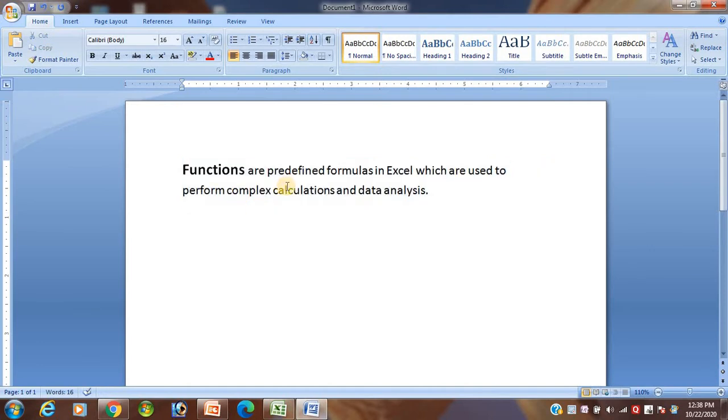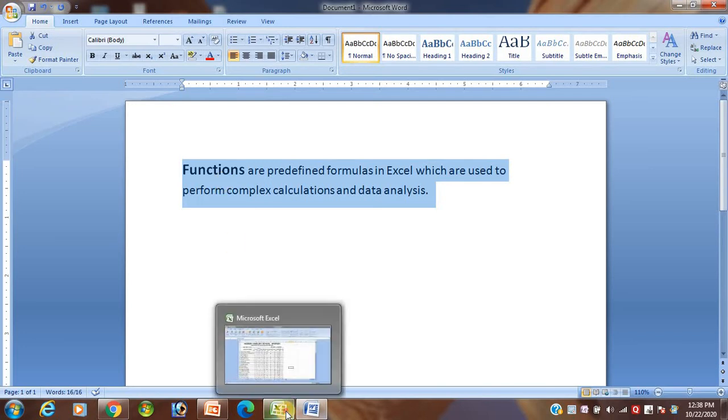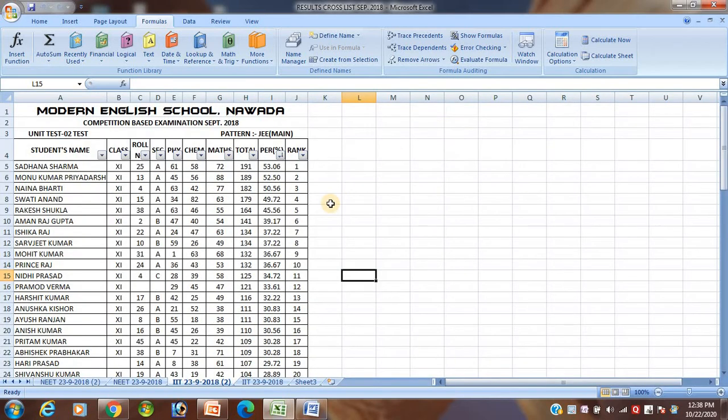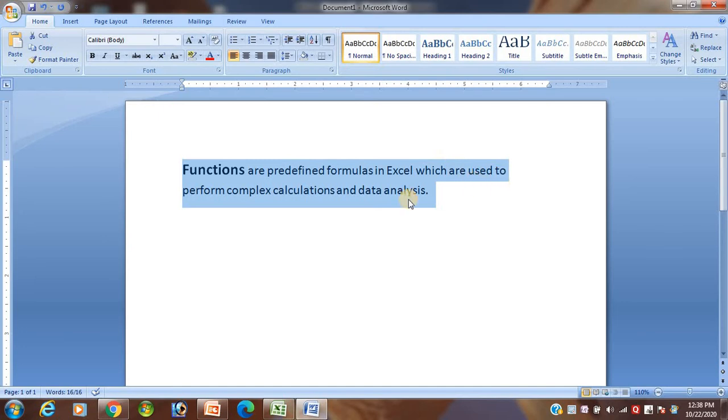Functions are predefined formulas in Excel which are used to perform complex calculation and data analysis. According to the definition I have written here, suppose I want to calculate totals.